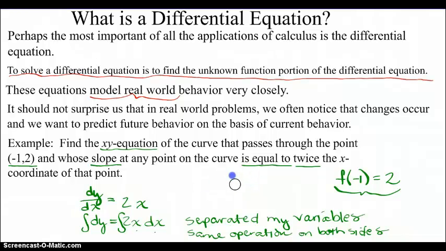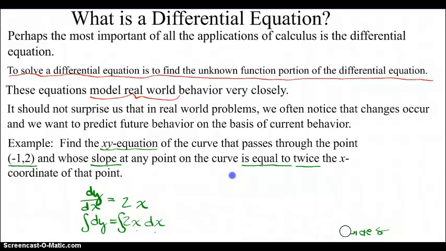So let me give myself some space here, and let's integrate this. The integral of, basically this is 1, right, with respect to y. What did I take the derivative of with respect to y to get 1 for an answer? Well, that was y. And now I'm over here on the other side of the equal sign. So I'm going to pop my constant out front. The antiderivative of 2x is x squared. And I need my